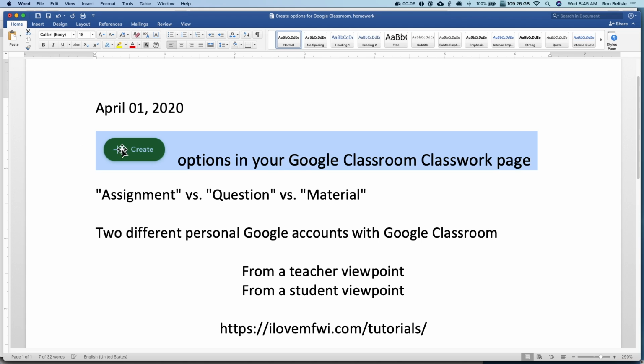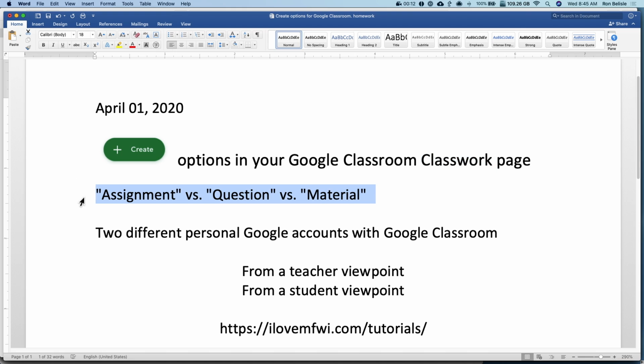Today I'm going to talk about the create options in your Google Classroom Classwork page. In particular, these three: the assignment versus the question versus material. And bear with me on this because there are lots of little details regarding these, and hopefully this will be